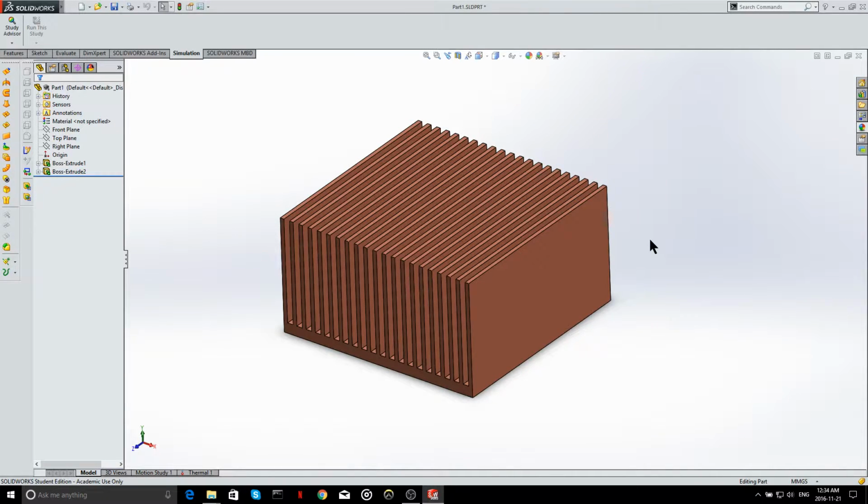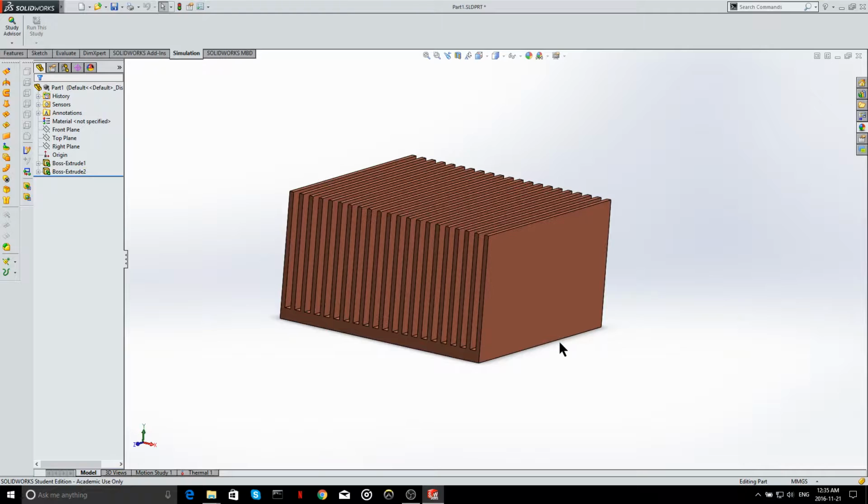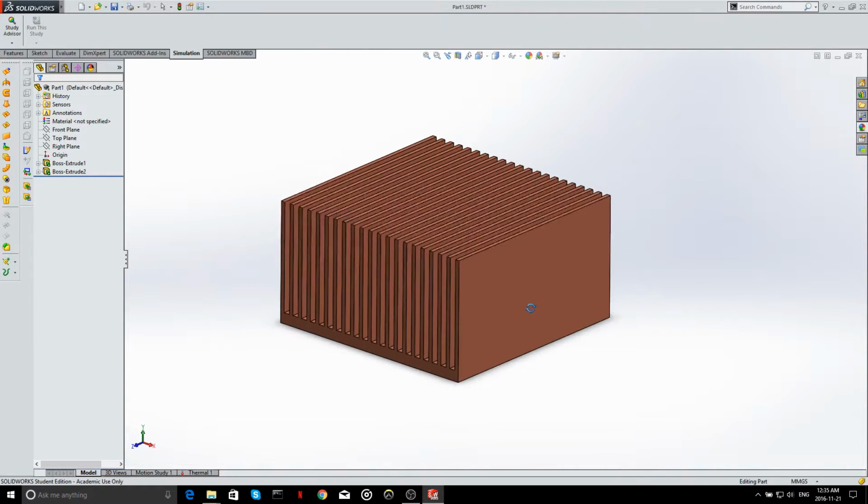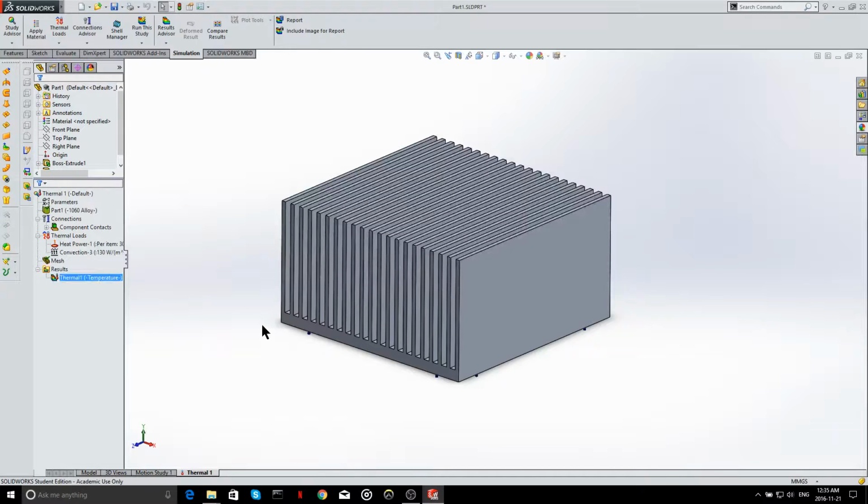Hi guys, I'm going to conduct an optimization on a heatsink. For learning purposes, I've made this relatively simple SOLIDWORKS model of a heatsink. So, using similar methods from a previous video, I've also conducted a thermal analysis